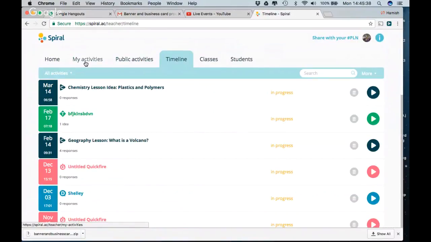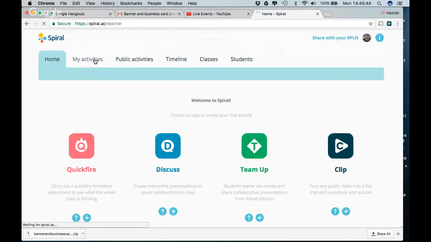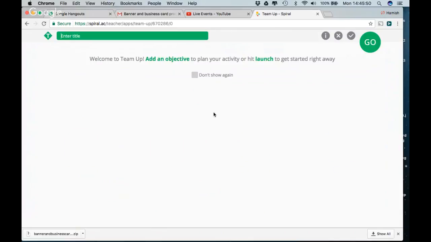Right. So the last one that I'm going to talk to you about is Team Up. Now, Team Up is just in the middle of quite a big rework. Teachers that can manage to crack the Team Up code. It's not the most user-friendly app that we've ever made. So if I go to one I prepared earlier,